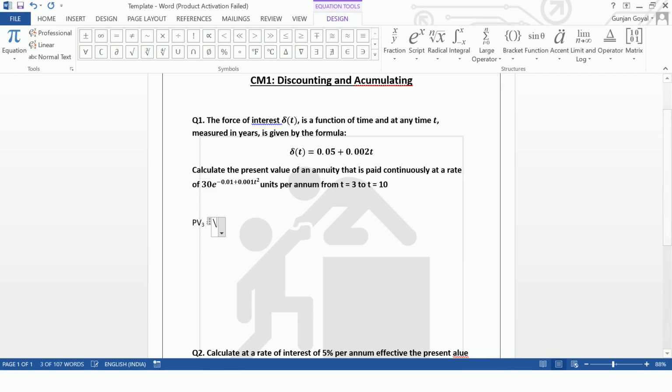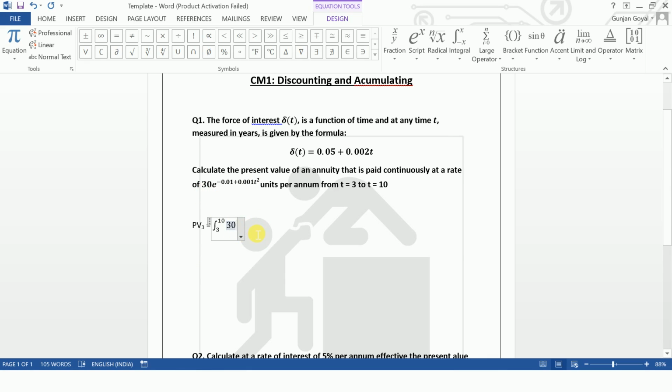Now inside this I am writing a backslash sign and int, backslash int, space gives you the integration sign. Now to get the limits of integration, you write underscore 3 to t, or 3 to 10 in this case. And then give a space. So automatically the limits will get generated. Then 30, and e to the power minus 0.01. I am not copying from above because in the question paper you will not be able to copy these. So I'll write this again.